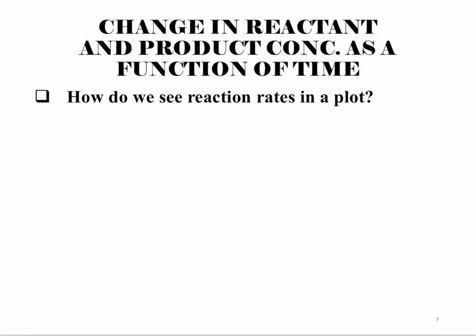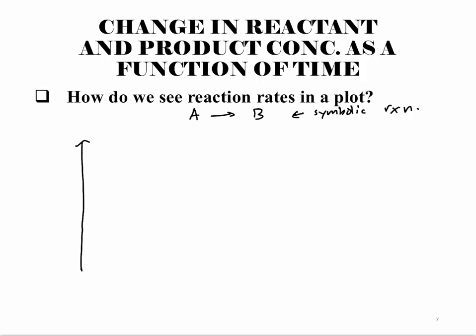Okay, so how would we see reaction rates in a plot? Well, let's say we have a simple reaction where A just goes to B. We're going to use a lot of symbolic reactions here, because otherwise you guys will probably get very tired of seeing hydrogen gas plus iodine gas goes to 2 hydrogen iodide. All right, so this is our symbolic